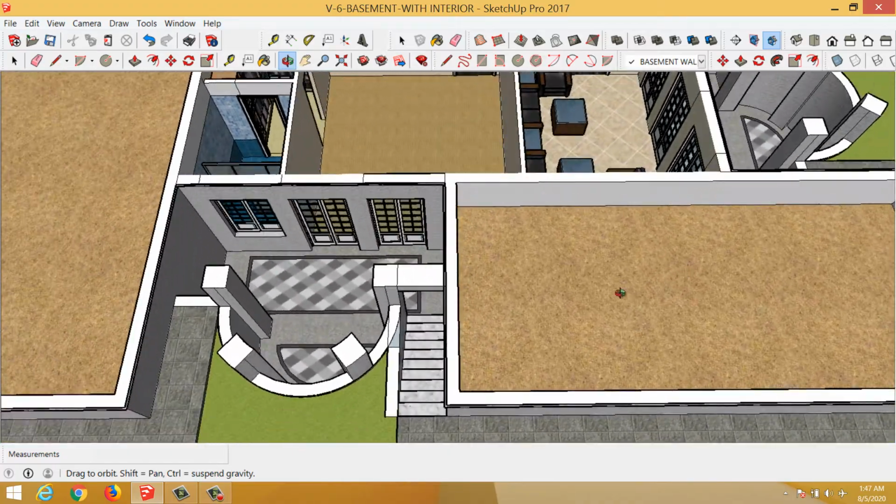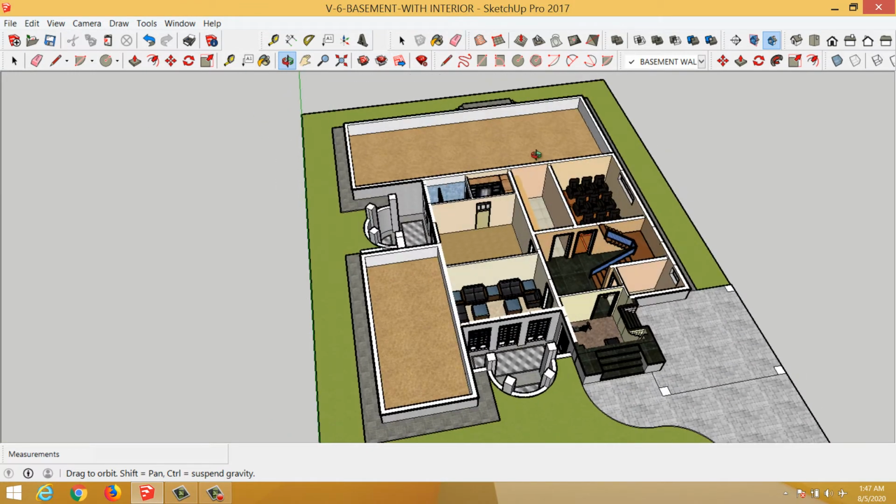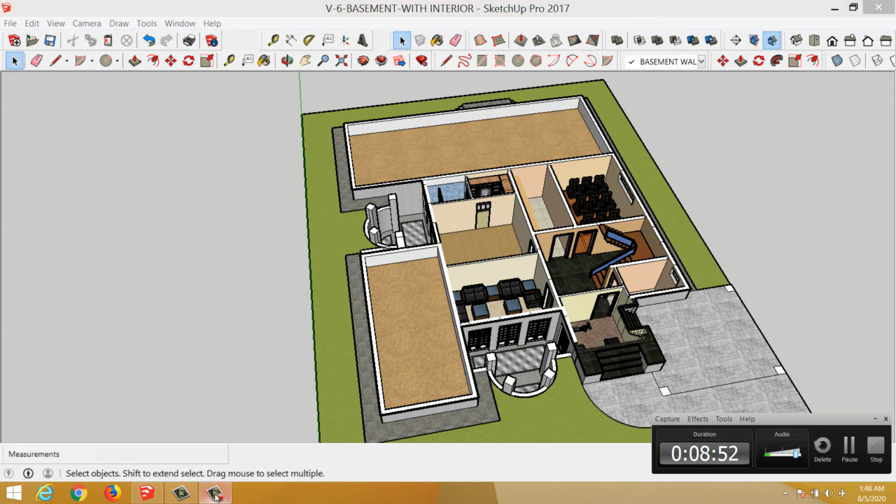And these areas that you see are basically representing sand, and these areas will be filled up, because this basement is going to go down, and all the earth that will be extracted from this basement will be filled up to here, and that's where the ground will start. So now we'll move on to the Lumion part.